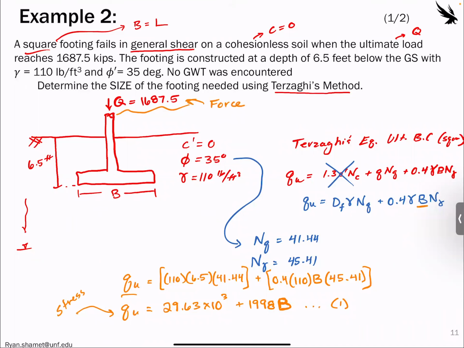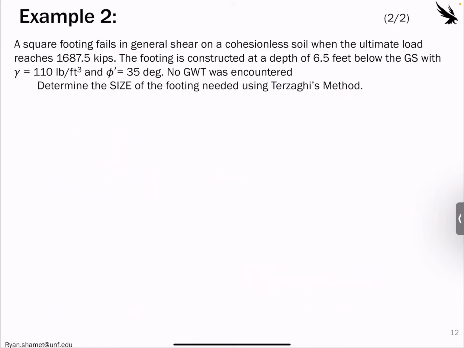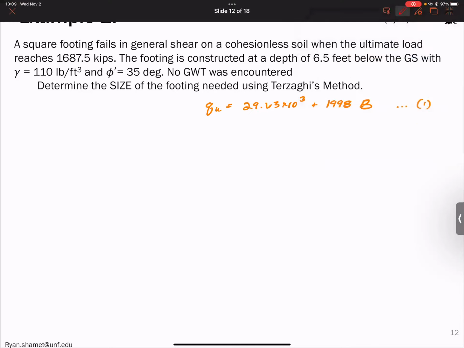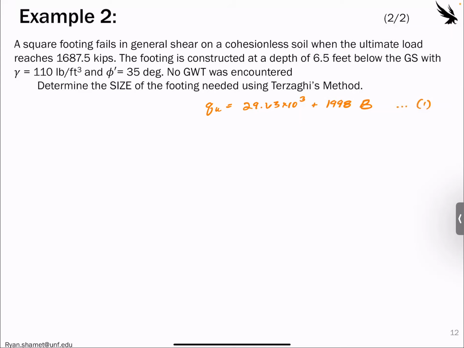So going over to the next page, I'll copy this over just so we can have it from before. So qu is 29.63 times 10 to the 3 plus 1998 times the base. This will be equation 1. So what we need to find is some other equation that has qu in it and B in it. So we know